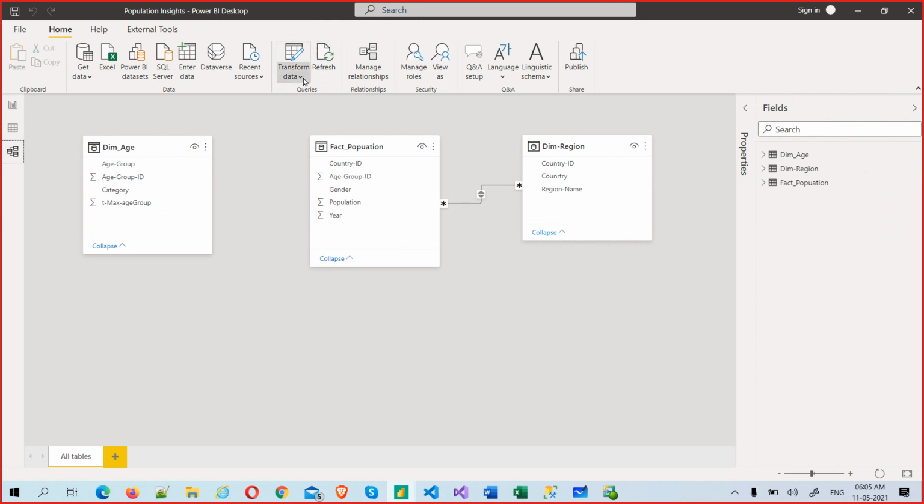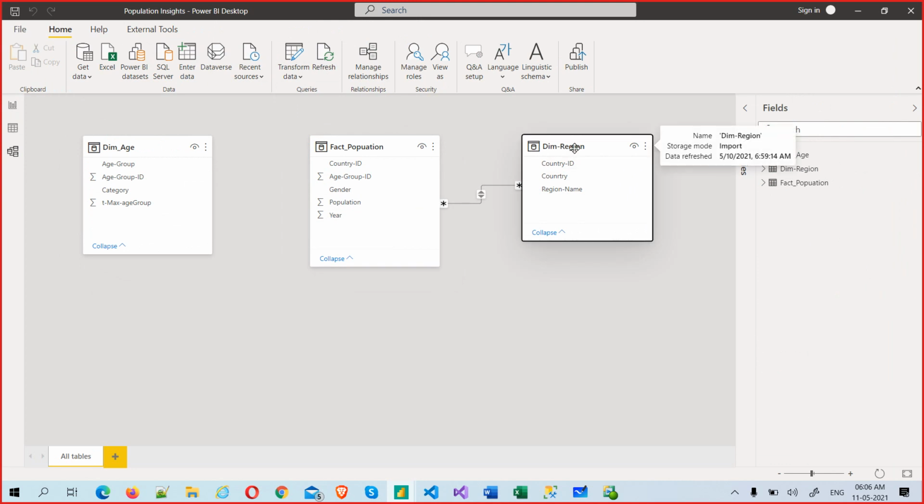So to do that, I have to go back. Ideally, a dim should have unique values. Country ID should be unique. I don't have any duplicate countries here. There is nothing repeated in the regions and countries. This is purely unique values I have kept for a dimension to analyze my facts.